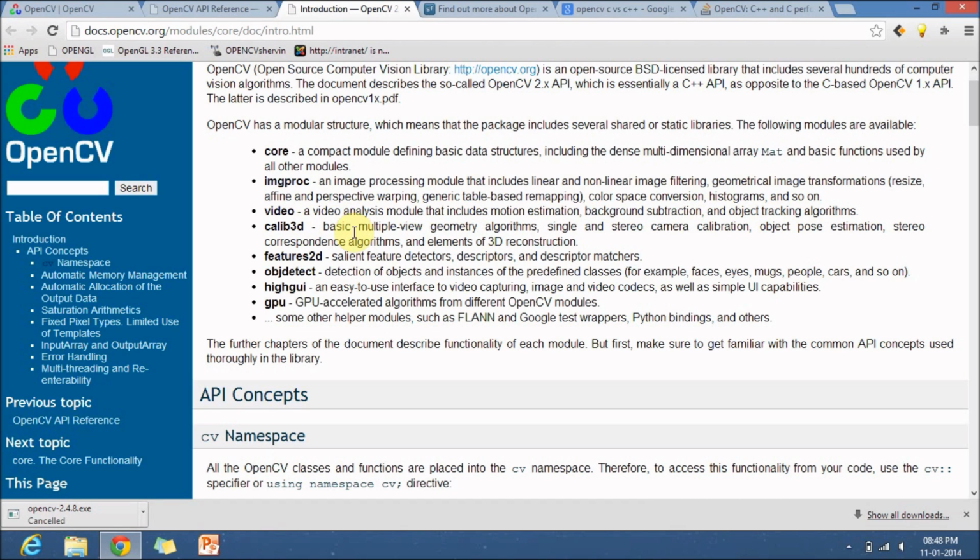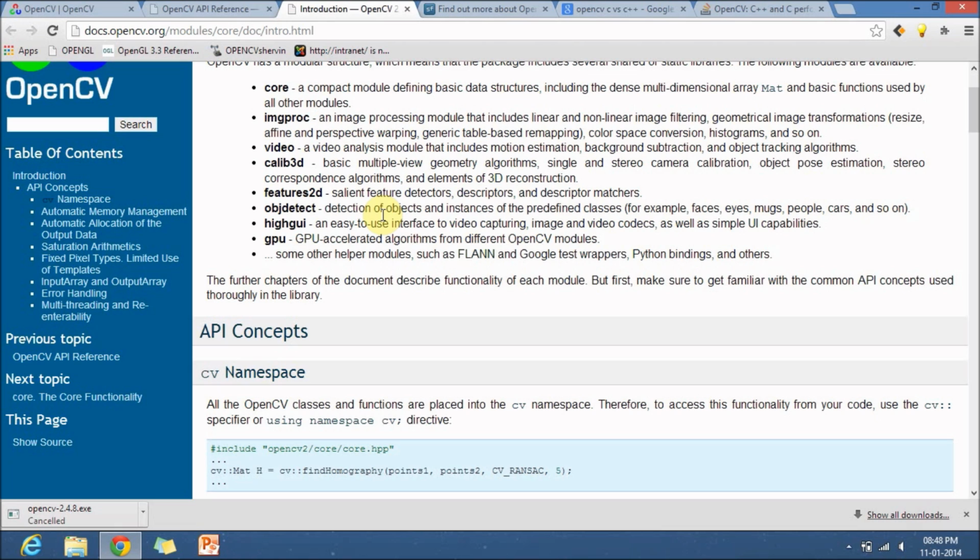Calib3d is one more module, mainly used for camera calibration, pose detection, stereo correspondence algorithms, and elements of 3D reconstruction. The features2d module is used for extracting salient features in the image, like descriptors, detectors, and descriptor matchers. Objdetect is for object detection. It has predefined classes for face recognition, eyes, mugs, people, cars, and you can even write your own algorithm and give it to the OpenCV community.